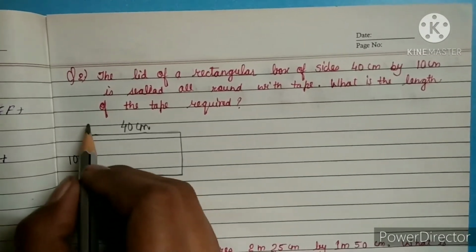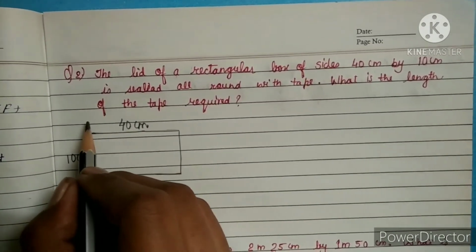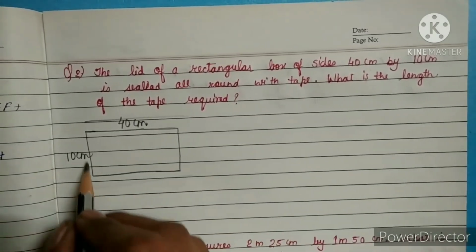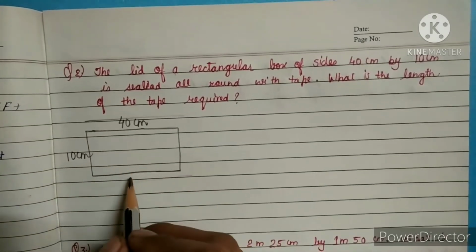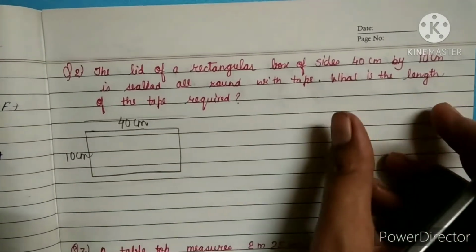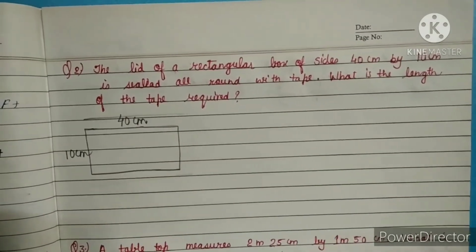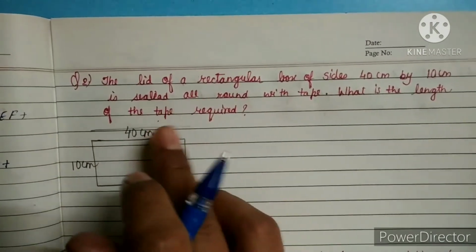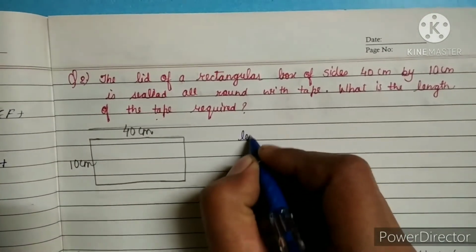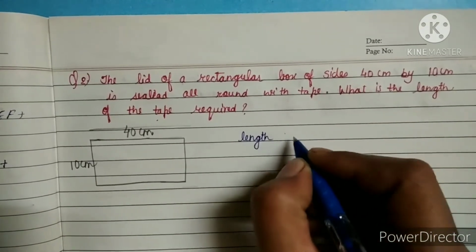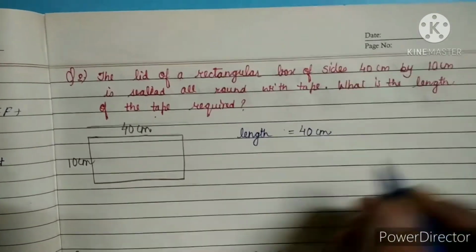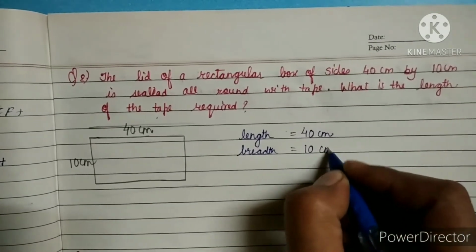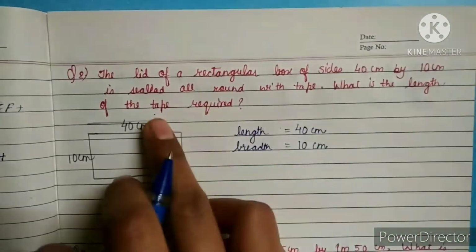So it means when that person seals the box, it is sealed on all 4 sides. Its length is 40 and breadth is 10. We have to find the total required tape. For that we have to calculate the perimeter. So length is 40 centimeter, breadth is 10 centimeter. Okay, so the length of tape